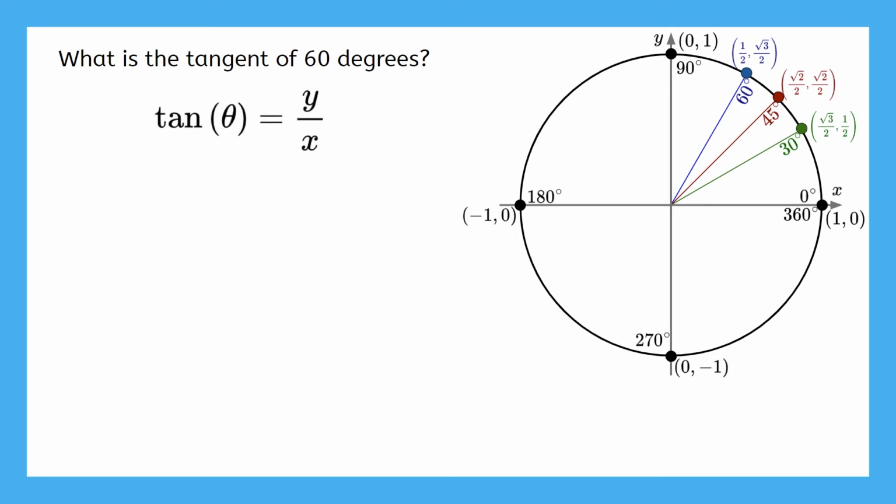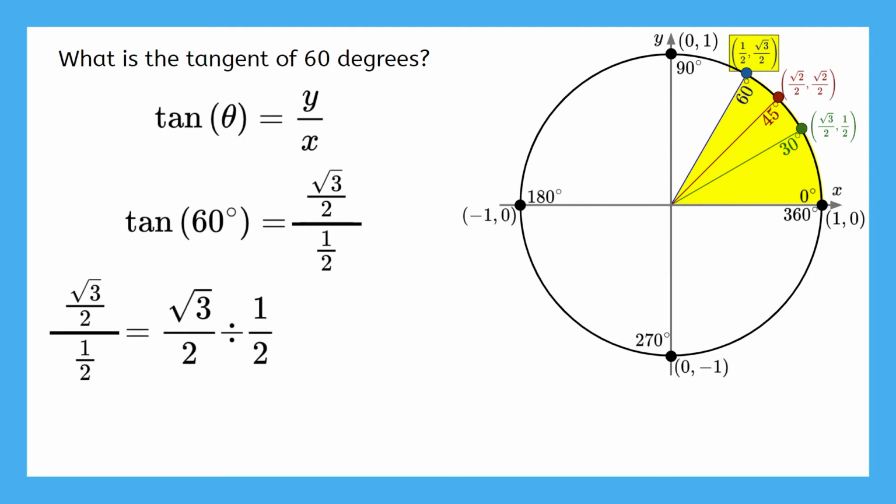The tangent is y over x. So the tangent of 60 degrees is the y-coordinate of the 60-degree point over its x-coordinate. That gives us the square root of 3 over 2 over 1/2. Remember that a fraction bar just means division, so we can rewrite this compound fraction as the numerator divided by the denominator. Dividing by a fraction is the same thing as multiplying by its reciprocal, so that's the same as